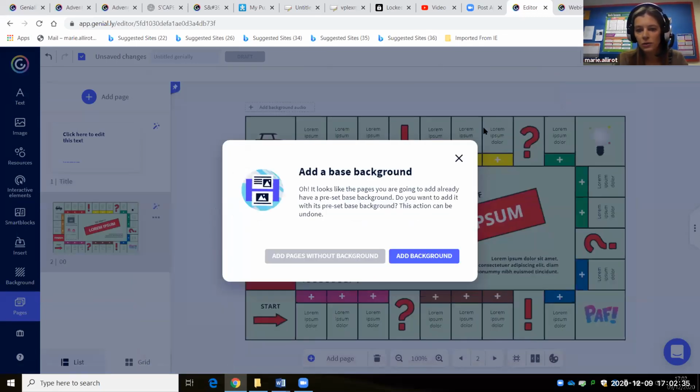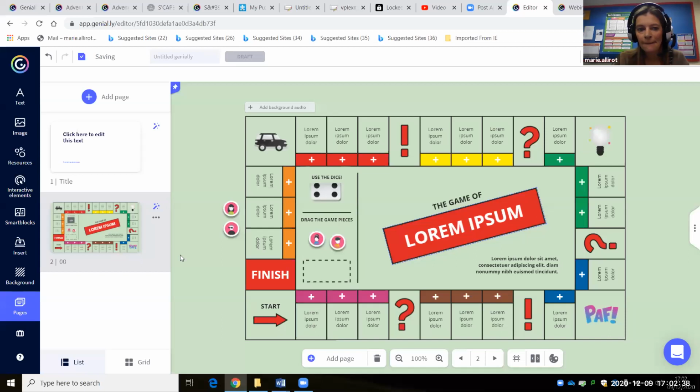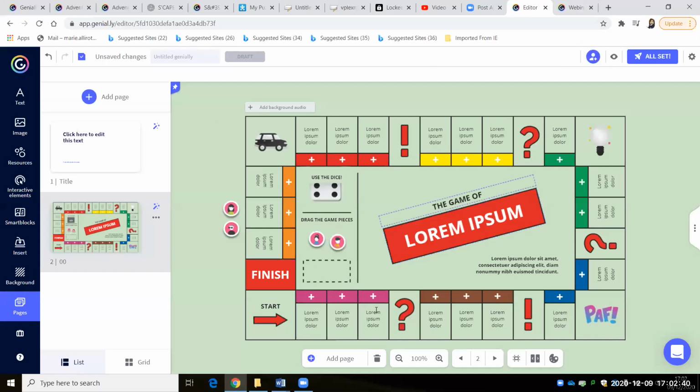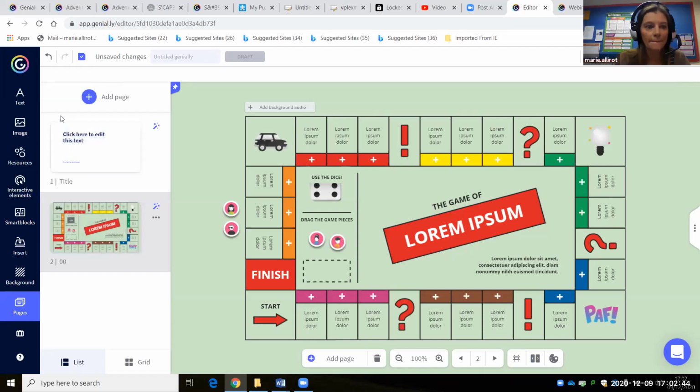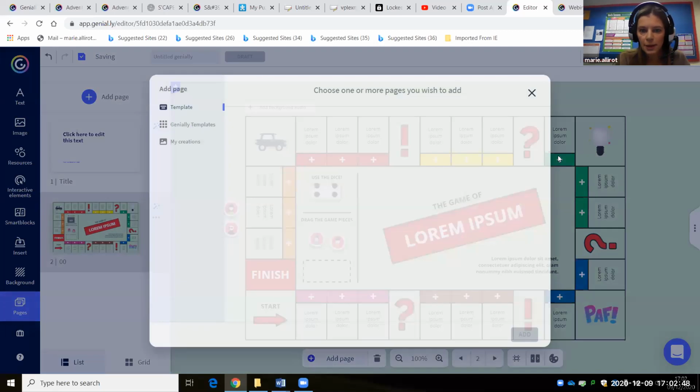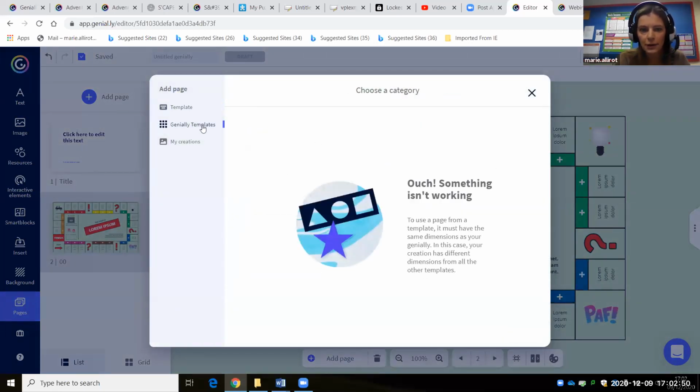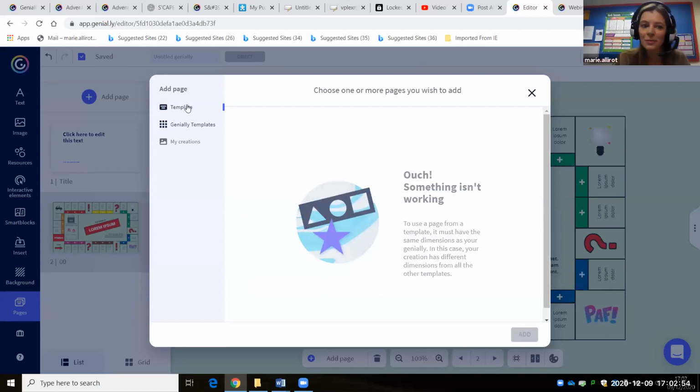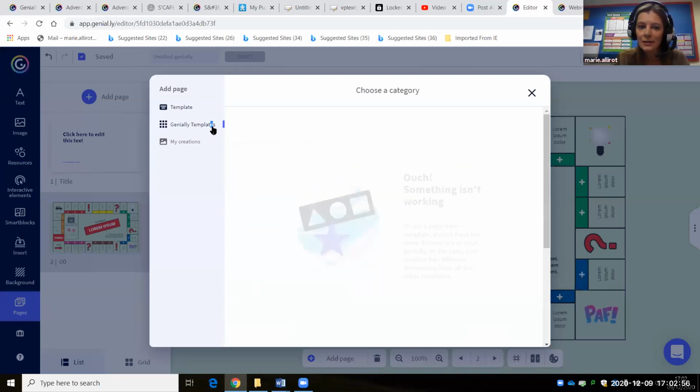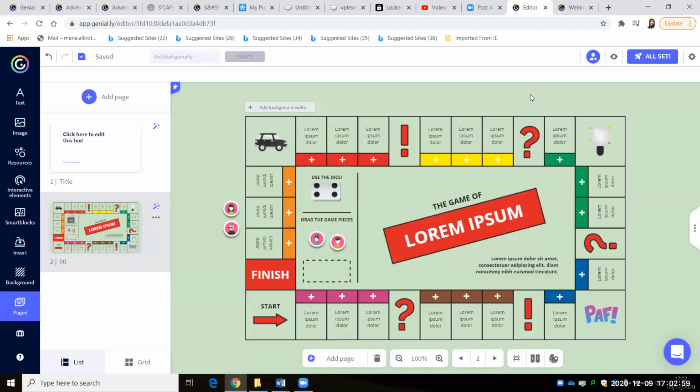But if you can do it from a template, I didn't know. That's fine. So can we just see if you click on the from template, how that works? Yeah. So if I do add a page, Genially template, oops, something's not working. So maybe not, or maybe I'm doing template. Well, you've shown us how to do it. That's brilliant. Yeah, I've never used that, so I'm not sure. But amazing. Right. Fantastic. Okay.